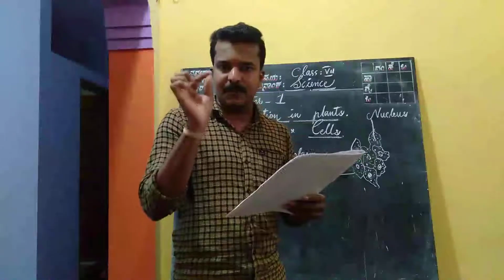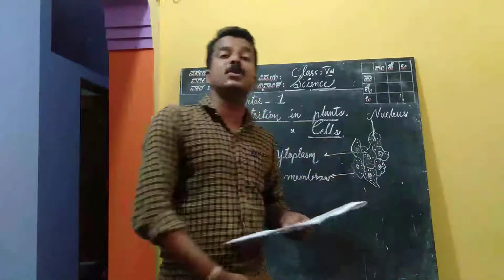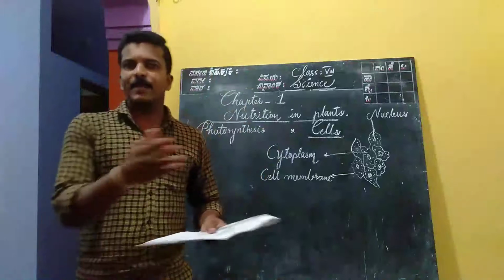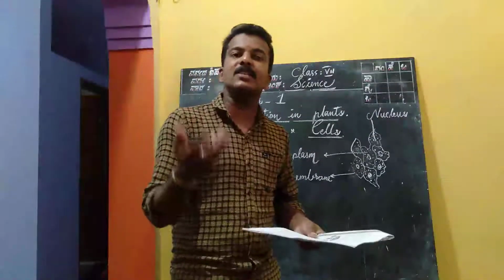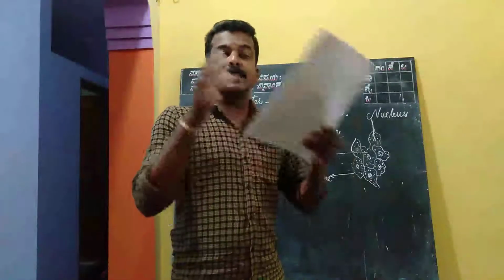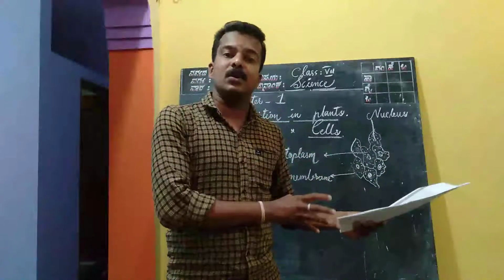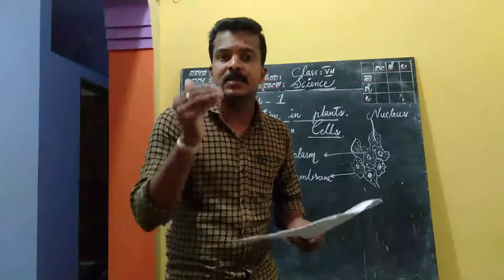See, the large amount of red, brown and other pigments mask. Underline that phrase: pigments mask the green color. Photosynthesis takes place in these leaves also. The color may be red or brown, but chlorophyll is present there. That means in such kind of plants also photosynthesis is going on.